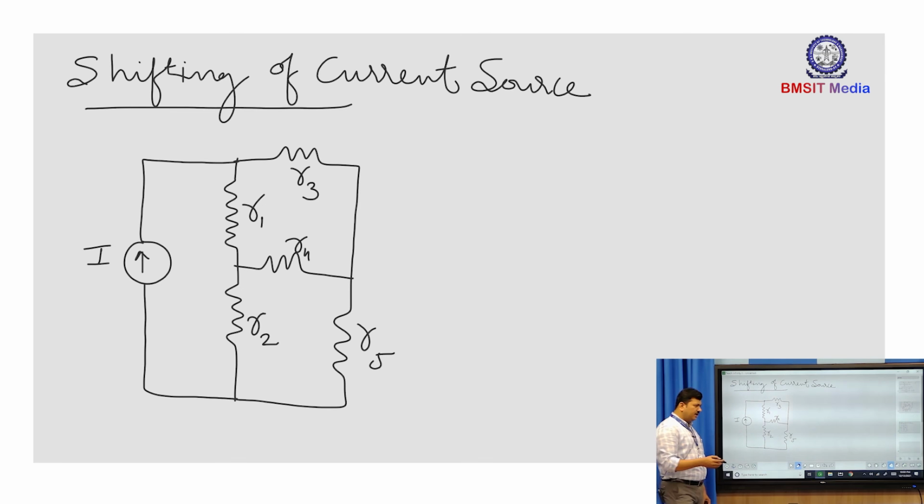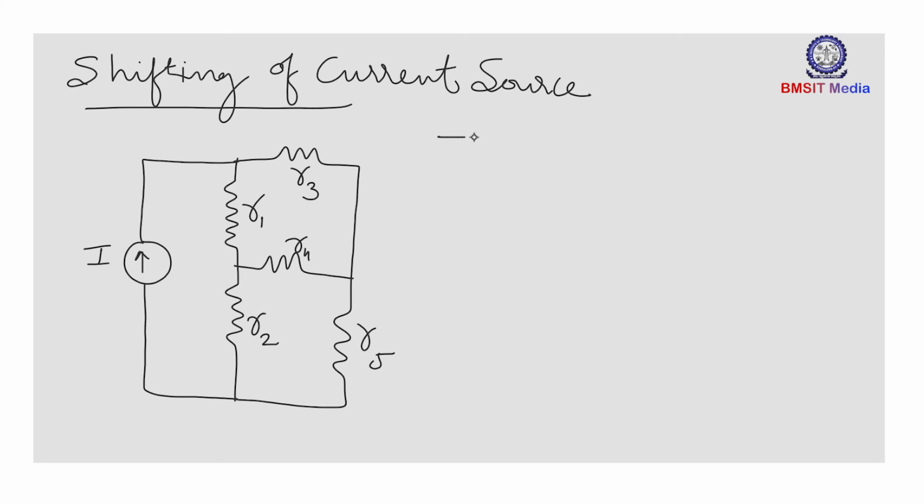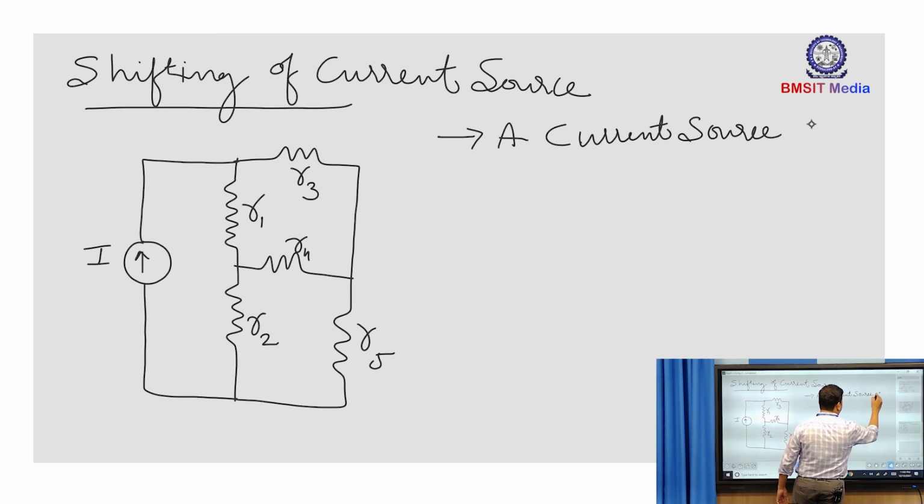For the voltage source we have seen that I can shift it into all the branches connected to that particular node. So here, a current source can be shifted, not can be, is shifted